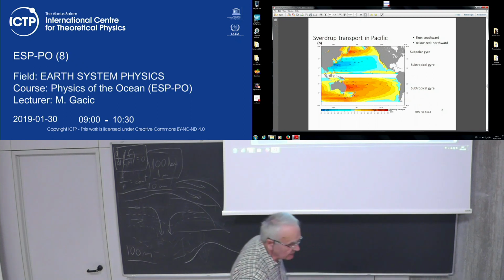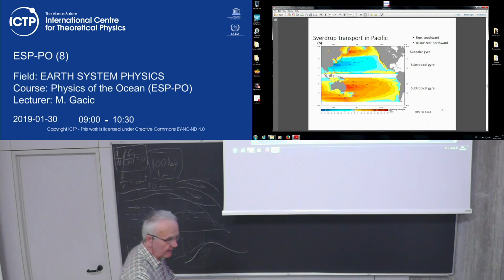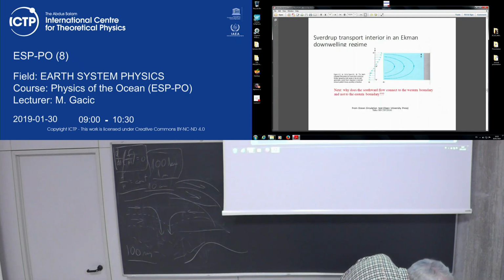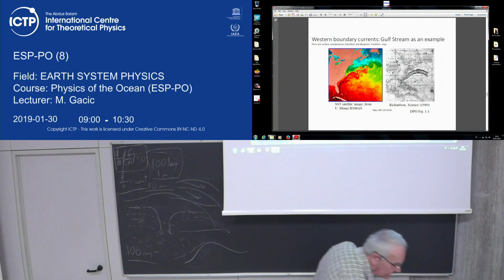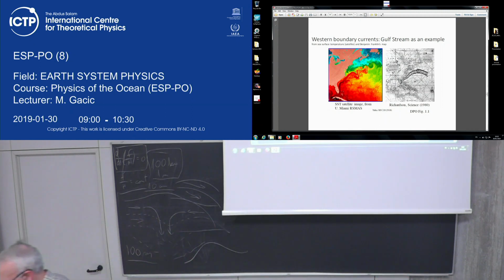Here is a thread of transport in the Pacific, and these are the things what we already seen many times. And if we look at this, this is a part of this general circulation. This is the Gulf Stream what I have shown you already before. This thing was a number